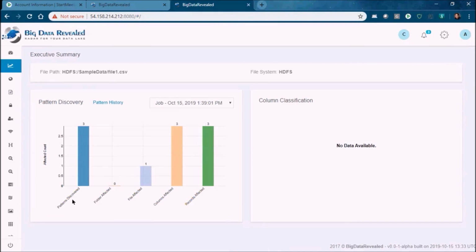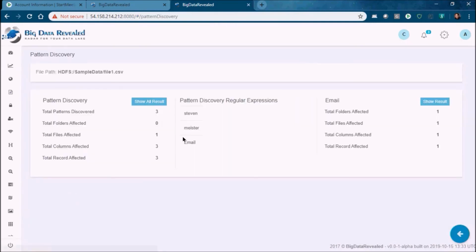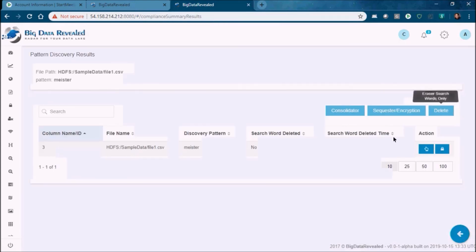And in the executive summary, we now have our choice to get rid of Stephen, Meister, or the emails. So I'm going to get rid of Meister. I can sequester it, encrypt it, or delete it, or